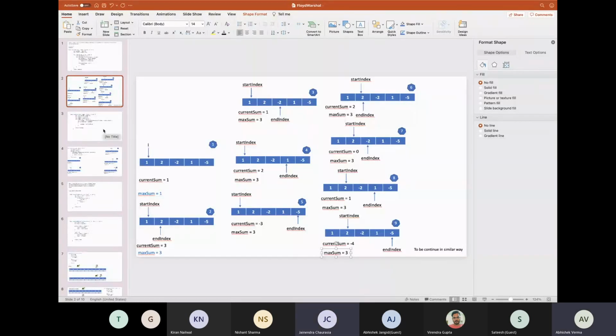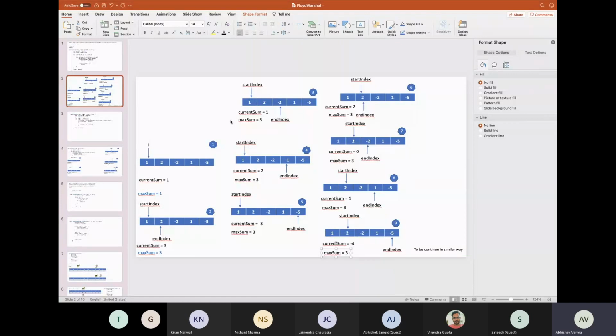It's clear, Abhishek. So it doesn't give only the maximum sum starting from index 0. It is giving me the maximum sum starting from any index. So that should also be clear, that we are not computing the maximum only starting from index 0, but basically computing it starting from any index position.